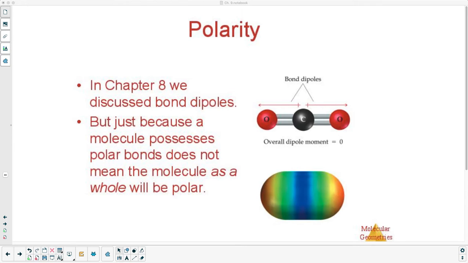Okay, class, this is notes for 9394. This is going to go very quickly. We've got polarity and bond overlap. So in chapter 8, we discussed the bond dipoles. Now, bond dipoles is simply a look at the electronegativity,